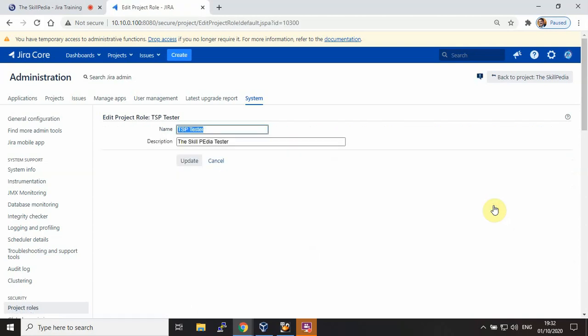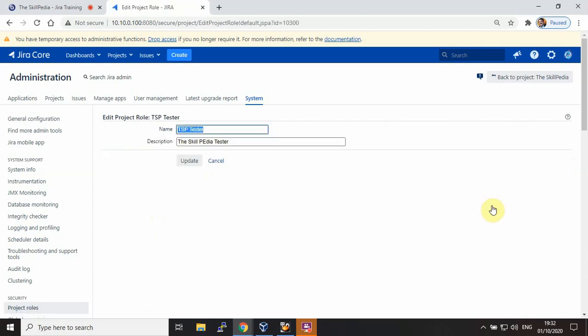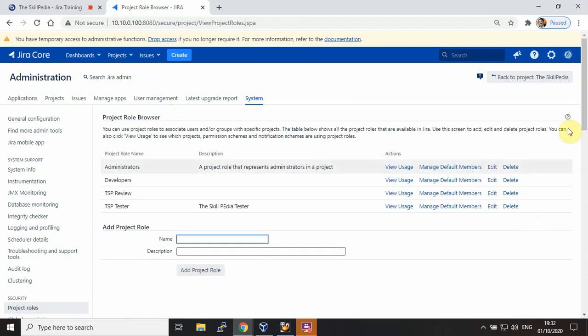Oh, 1 second, editing, it's not here. Default members added. No, I missed that.